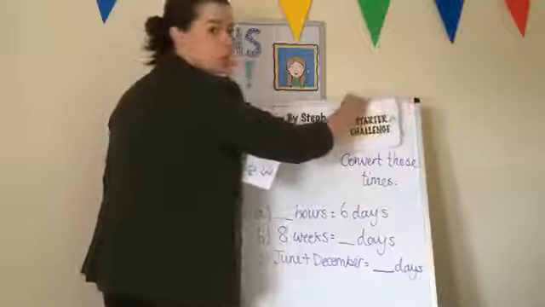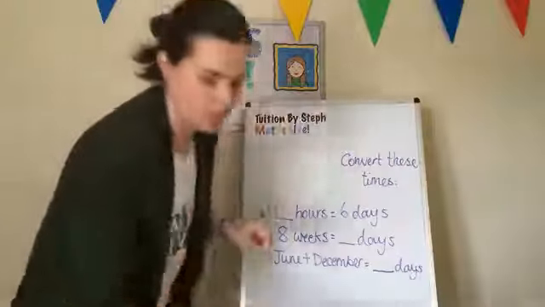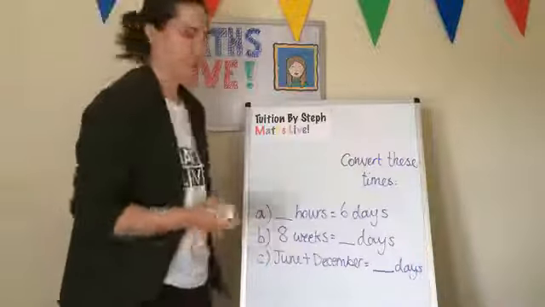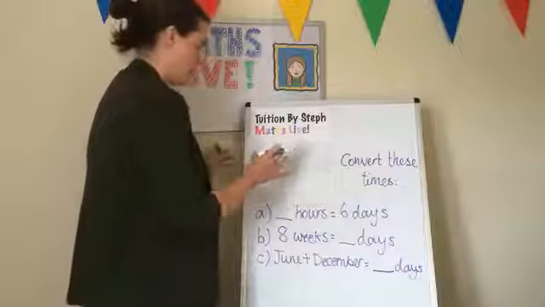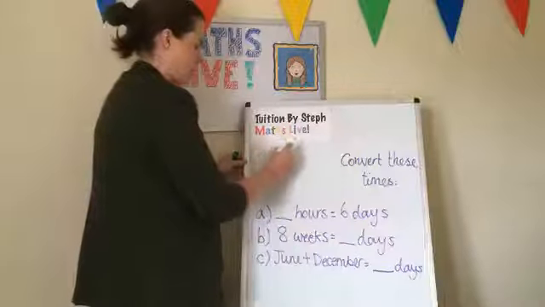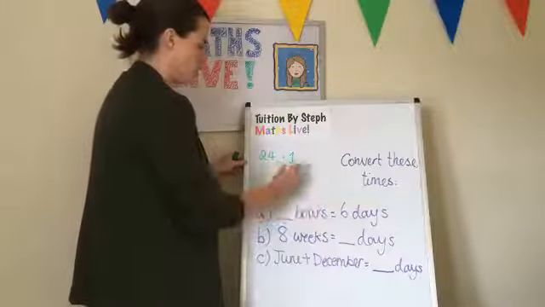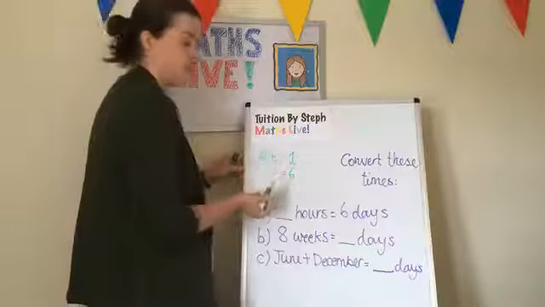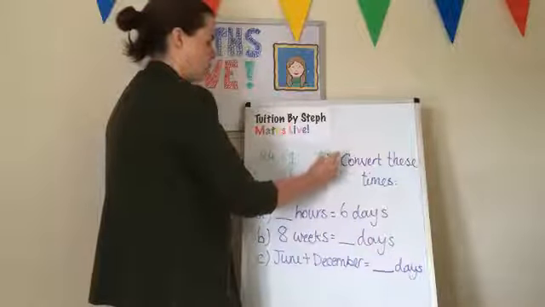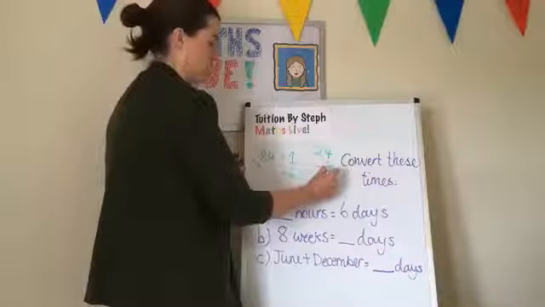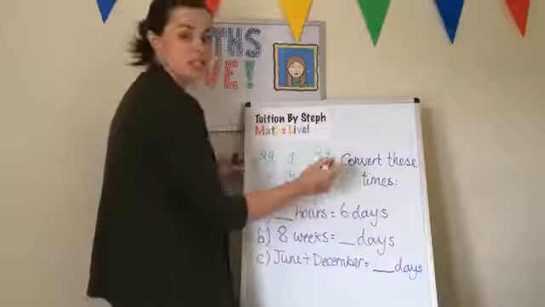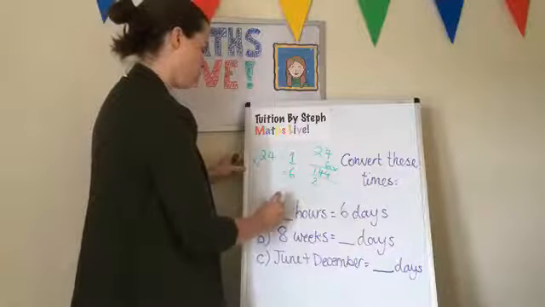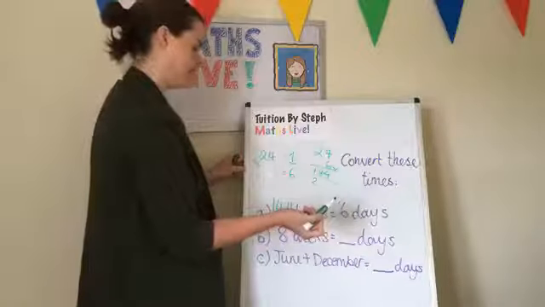So quick recap and then we'll go on to today's challenge. So let's have a look. How many hours are in 6 days? So to tackle this, we know 24 hours is 1 day. So if we've got 6 days, we've got to times 24 by 6 to get our answer. So we do 24 times 6. 6 fours, funny enough, is 24. 2 sixes are 12, 13, 14. So there's 144 hours in 6 days.